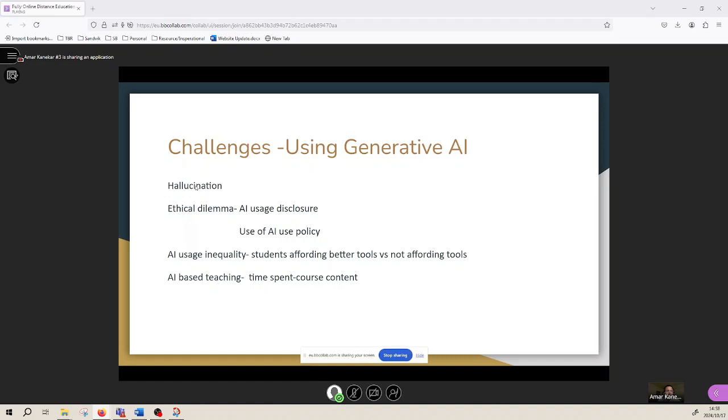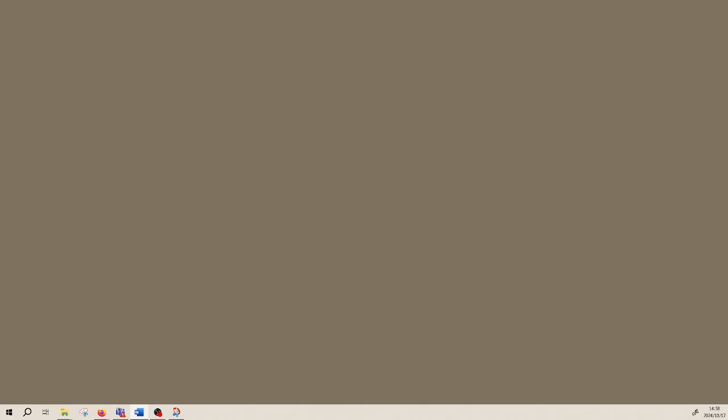The other challenges are an ethical kind of concern, whether you would use AI in your disclosure, or let the students know that you have used AI tools to design your case studies, or have an AI use policy in your courses. And some broader concerns are if you want students to access some of the tools which are subscription or paid tools, then some may afford it and some may not. So that's one of the